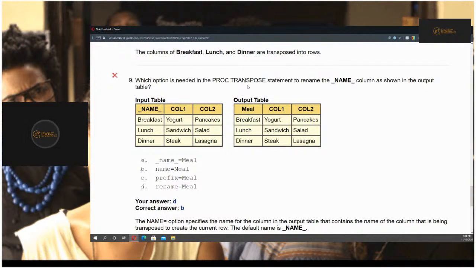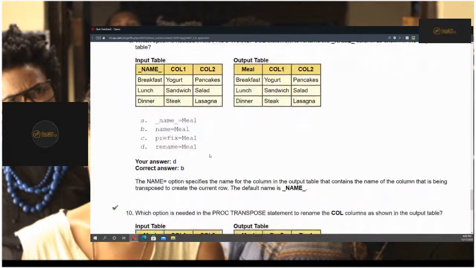Which of the options is needed to proc transpose statement to rename the underscore name column as shown in the output table? So the correct answer was B, simple. Name equals meal. It wouldn't be D, rename equals meal. So it's just name for meal. Well, not one-to-one, it would just be name. The name option specifies the name of the column in the output table that contains the name of the column that's being transposed. The default name is